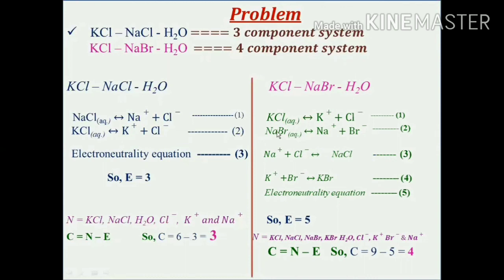And remember, when these sodium and potassium salts are in the aqueous state, they get dissociated into their respective ions. Okay, so the first step is KCl in the aqueous state. You write down the dissociation of KCl into K+ and Cl-. So this is one of the chemical equations that can represent a part of this entire system, right? The second chemical equation can definitely go for the dissociation of NaBr. So it is NaBr giving us Na+ ions and Br-.